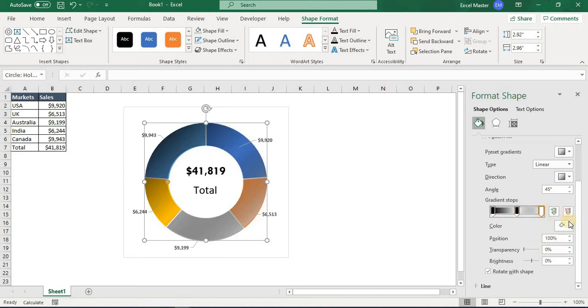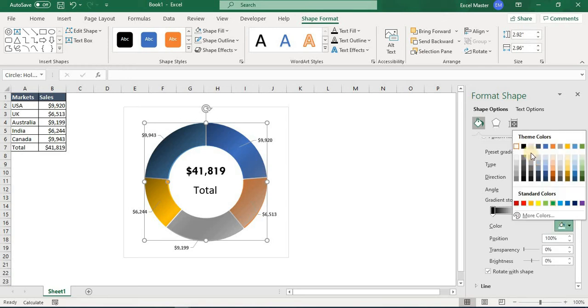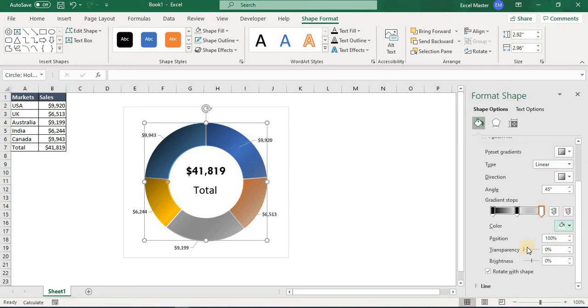On the third stop, we will put white color, and then we will go to the type and change it to Path. And you can see, beautiful, the ring shape has been formed here.